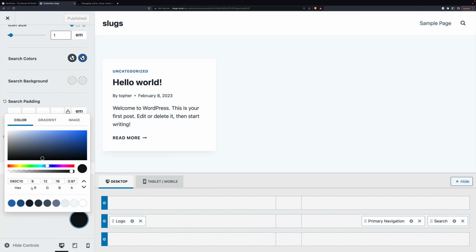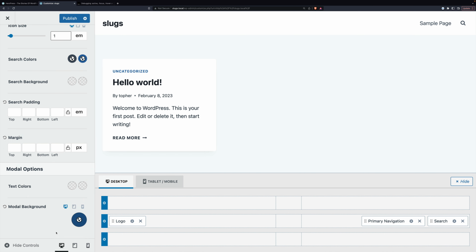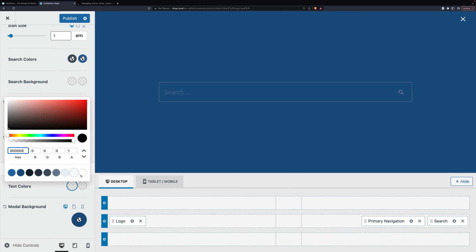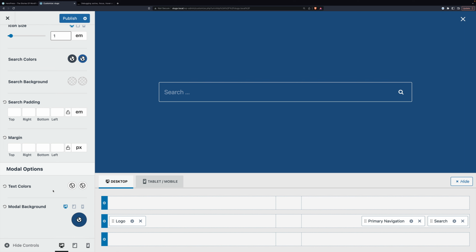And we're going to click that and make it blue. Then if I click the spyglass, it's blue. However, if I click over here, you can see that everything gets dark gray when it's not in focus. So I'm going to set the text colors to be white so they're nice and bright even when they're not in focus. So let's publish that. There we have blue.